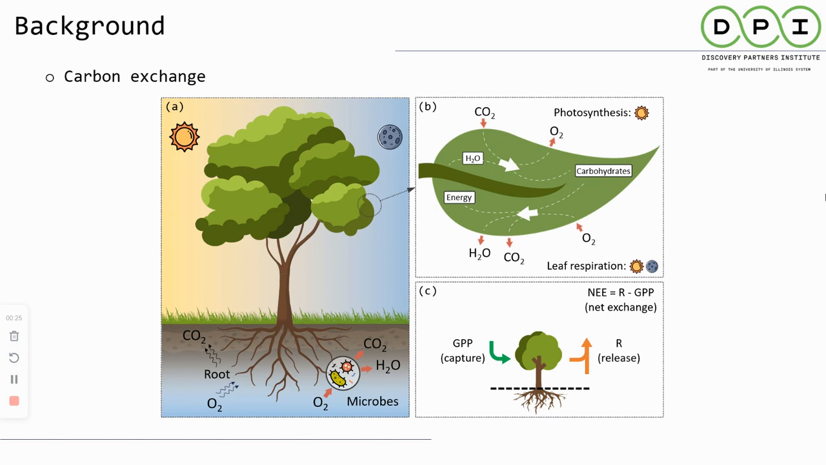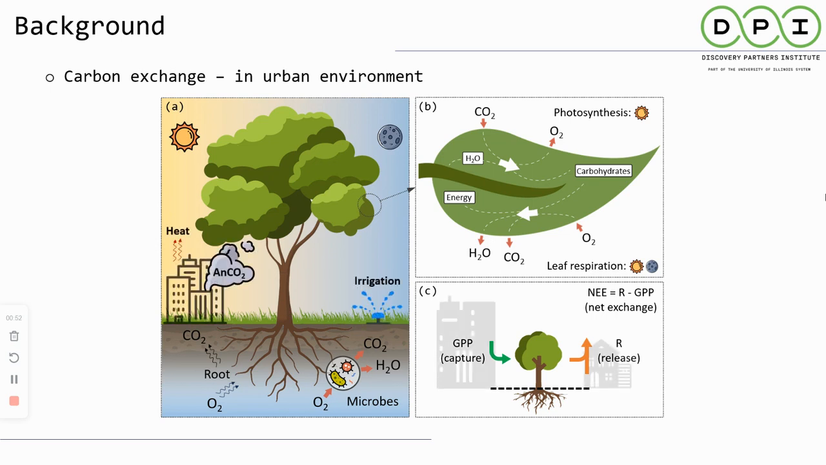So a little refreshment from the high school knowledge about photosynthesis and respiration. Photosynthesis actually absorbs CO2 and releases oxygen from the tree leaves, and the respiration part comes from the leaf respiration and also the soil respiration due to the microbial activities. But actually,